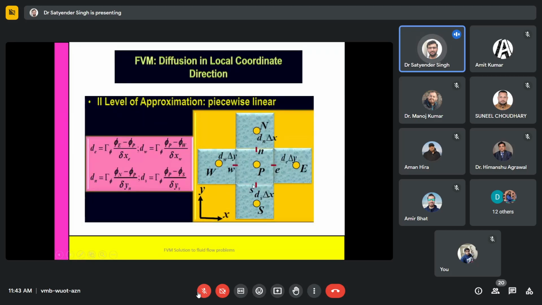And then this is the piecewise linear approach that we generally call, where in the second level approximation, I told you these variables, let's say in the form of forces, will be replaced with some subsidiary law. Let's say sigma xx at a location will be written in the form of p and w, like it is written here. Similarly, this is the diffusion flux here, and it will be written in the form of p and e,